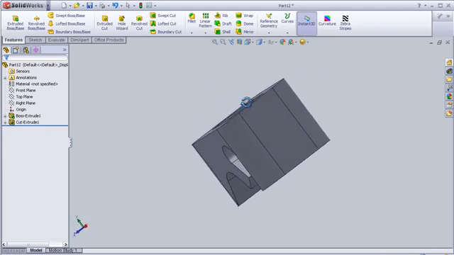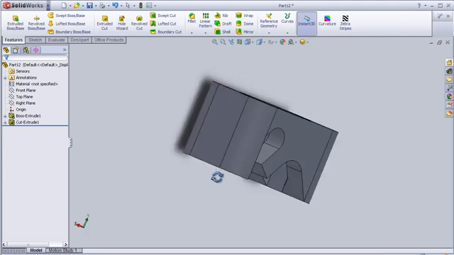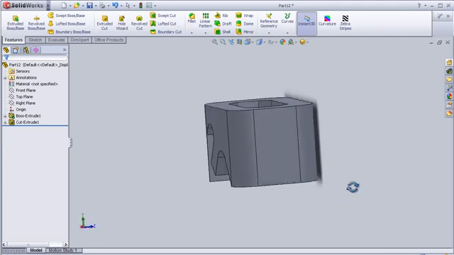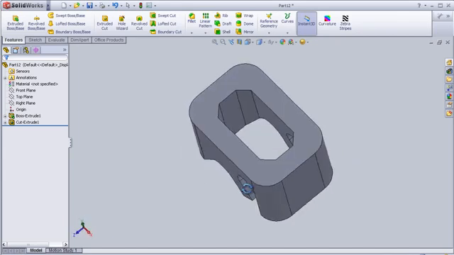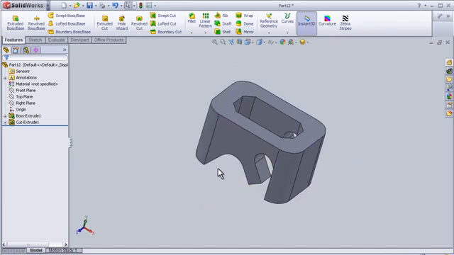So in this tutorial we reviewed some of the sketch features and how to use the line and the fillet and the chamfer. So in the next tutorial I'm going to continue talking about the features. So see you in the next